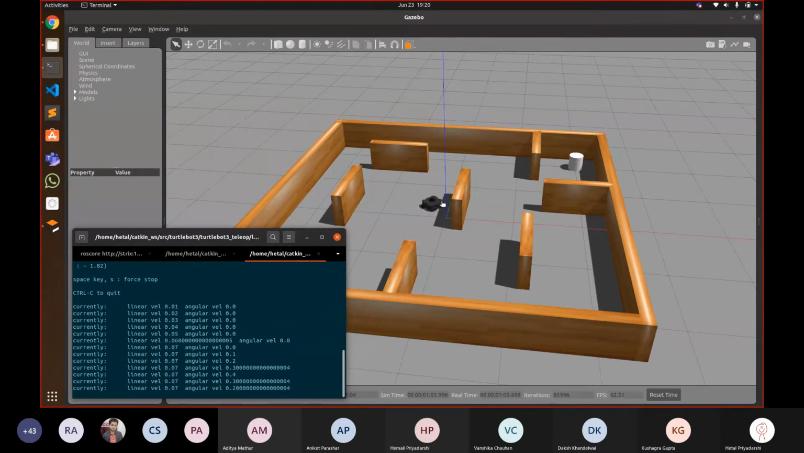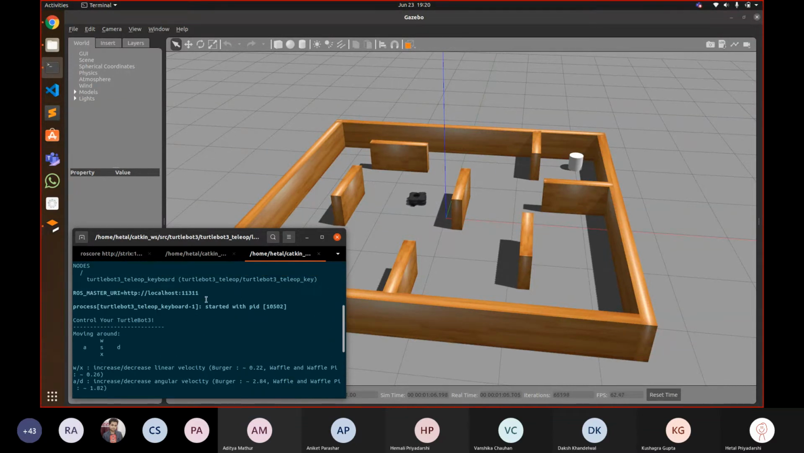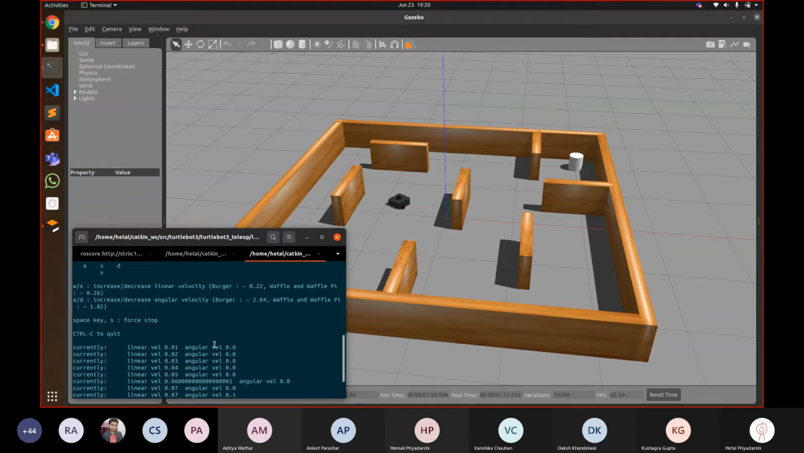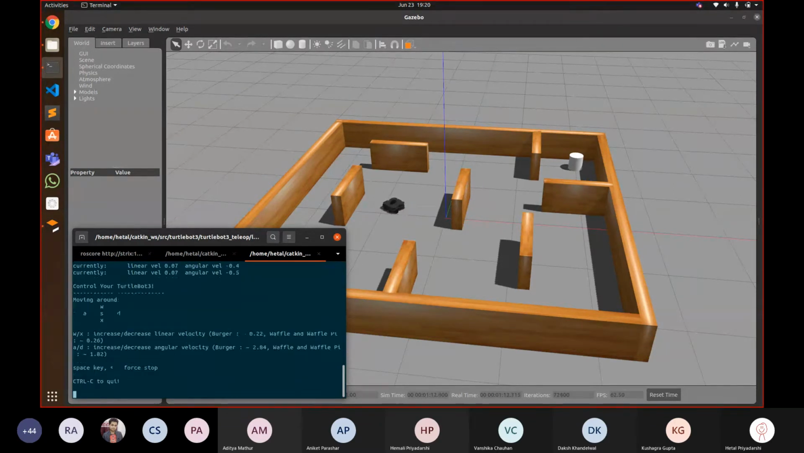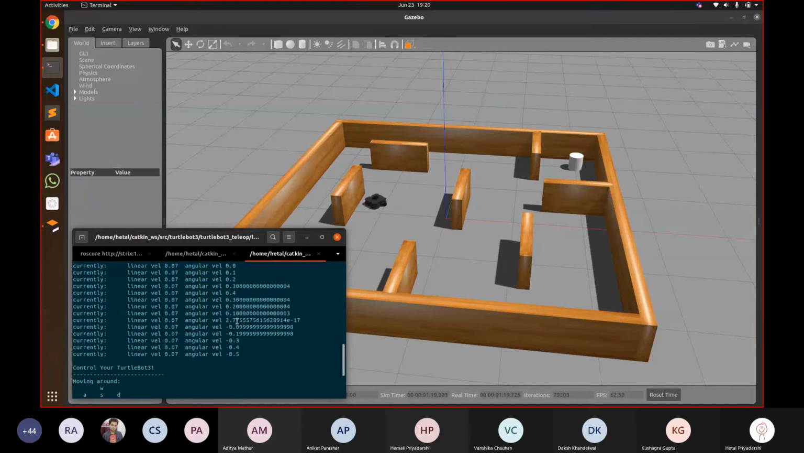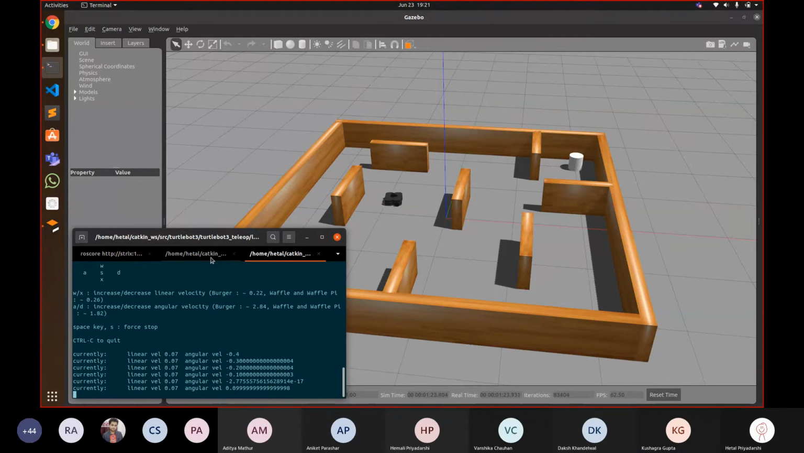So in the current example, there is the teleop node. This teleop node is a simple publisher. It publishes to a topic called cmd_vel, and from that topic, the robot's odometry, or I think the transform node,